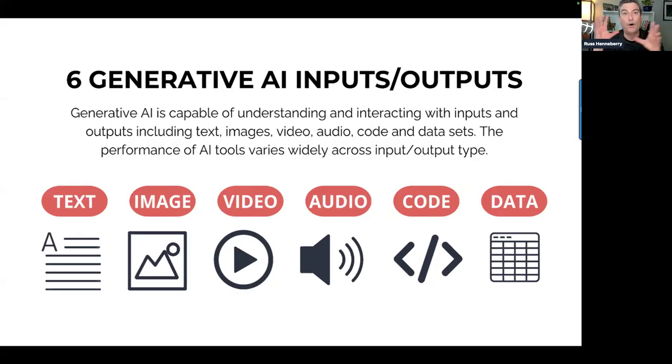Today, we've evolved quite a bit over the course of 2024 in terms of what the models are able to do with text, images, video, audio, code, and data. So that's what we're focusing on today. I want to look at where the three major models, ChatGPT, Claude, and Gemini, are when it comes to generative AI inputs and outputs: text to video, image to audio, like whatever it is, right? Code, data, what can it take in and what can it put back out?